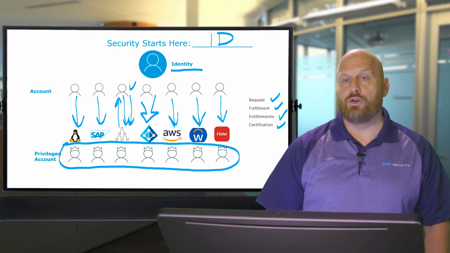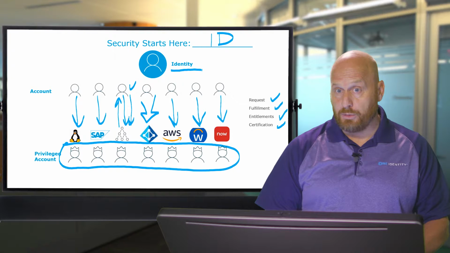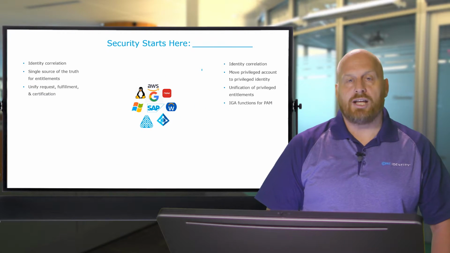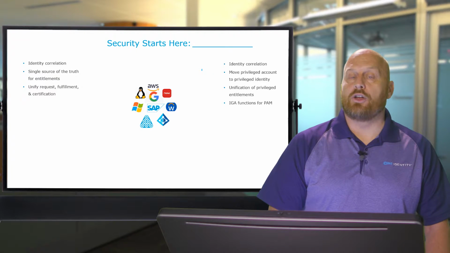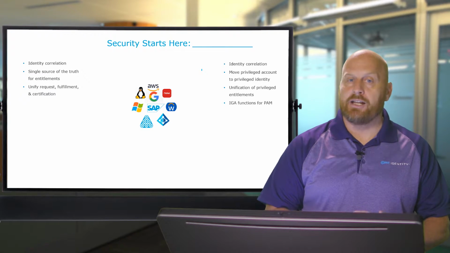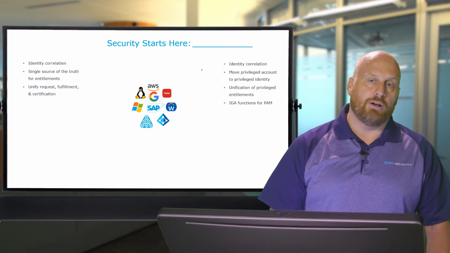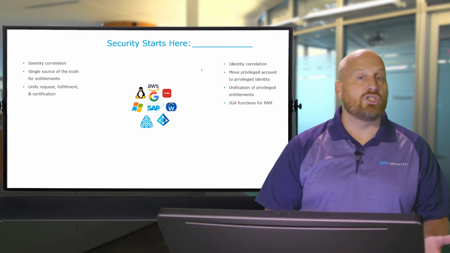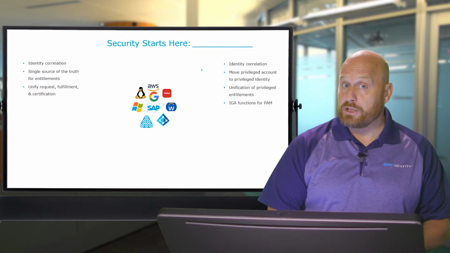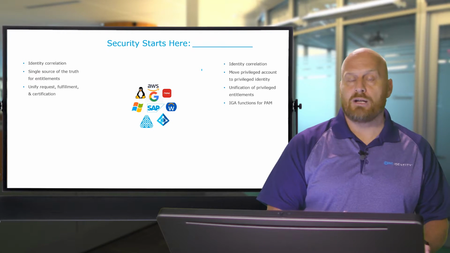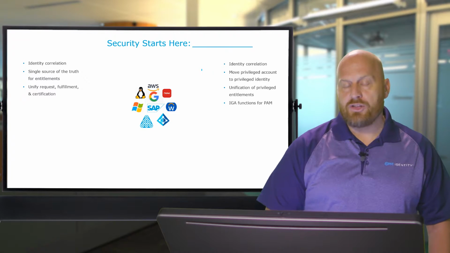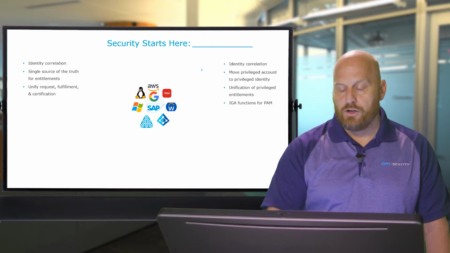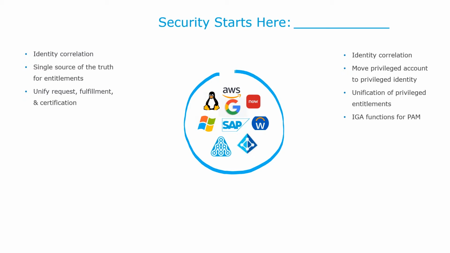So let's talk about how you could actually overcome this problem with basing things on identity. So let's assume that we have decided there is an authoritative source, there is a single identity. There's some place where that concept of you are a person and this person has access to multiple things exists. We could say it's the HR system. It could be Active Directory in some cases. It could be some other directory. Bottom line is there's a single identity. Imagine that identity is sitting there behind all of the accounts that you have based on. So you're going to do a thing called identity correlation.